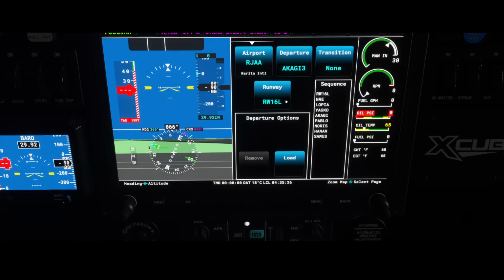What will happen now is that these waypoints, if you press the load button, of course, are added to your flight plan, but they are added prior to the en route waypoints. So you will leave from runway 16 left, then first go to all the STAR waypoints, and then it will take you back to the en route waypoints. So if we press load now,